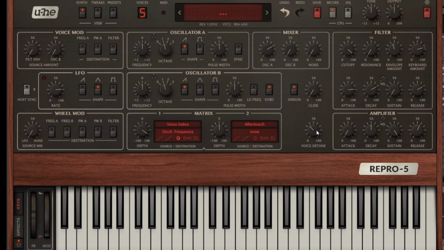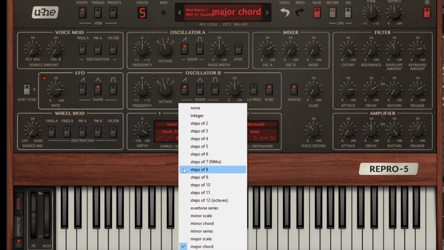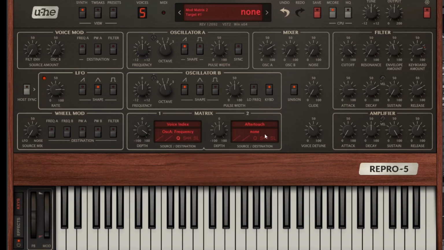You have a lot of these chorded sounds. I can't get into what every single interval and combination is, but you play around with those and the tuning of the oscillators. Keep in mind, you can also stack two of them. Like this, let's say this one is major, and this goes to oscillator A, and this one's minor, and this goes to oscillator B, and then you tune them up, and you create a fat chord of some sort with a certain number of voices, and then you spread the voice detune, and now you have one note